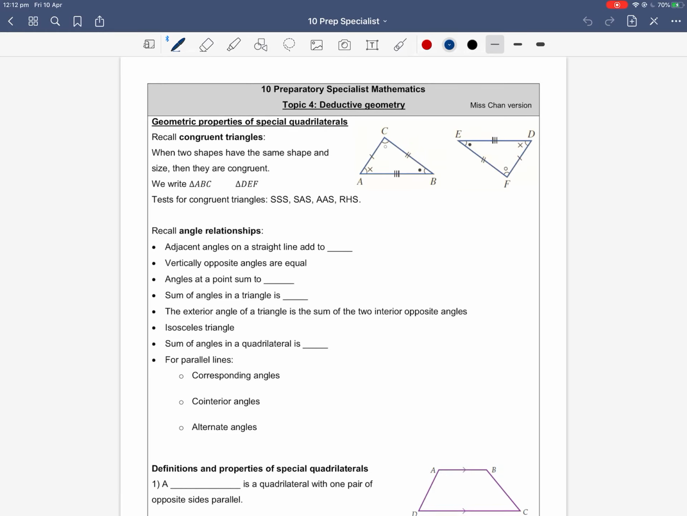Anyway, today we're going to start our deductive geometry section. So it's all about shapes. Today we're going to look at an introduction of four-sided shapes, specifically quadrilaterals. So let's have a few recap of definitions. So recap,